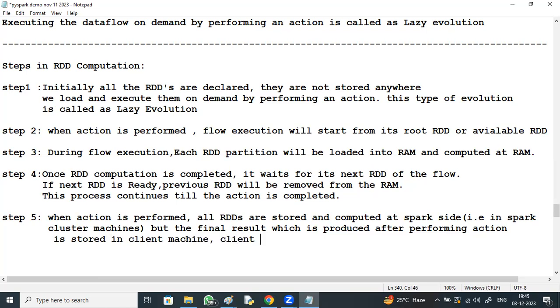Client means what? Client means the machine from where we are submitting.